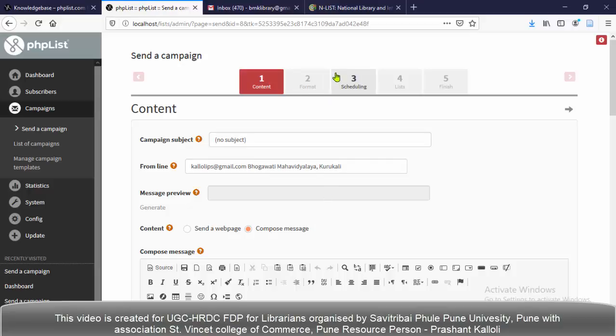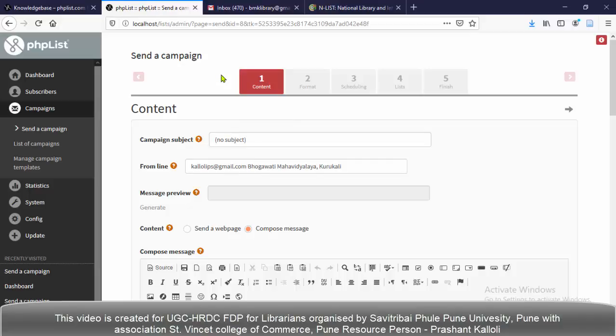This campaign page consists of 5 tabs: content, format, scheduling, list, and the last one, finish. We have to go through these 5 tabs and complete our email campaign.